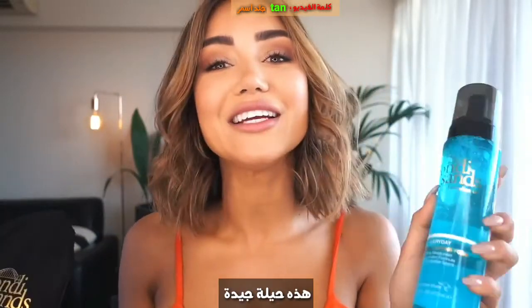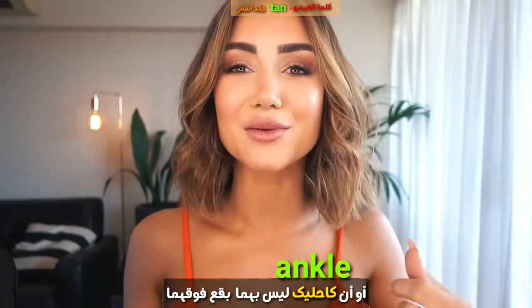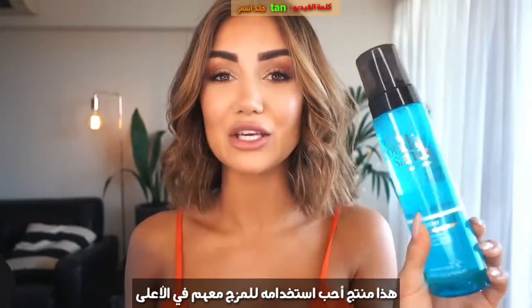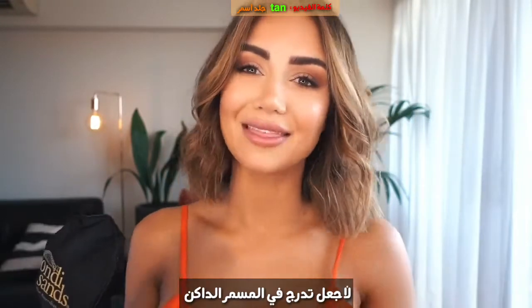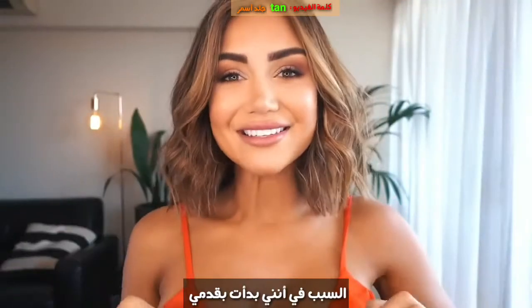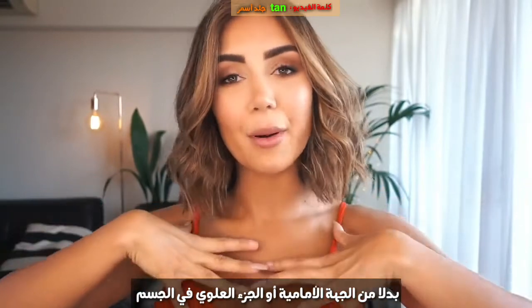Now this is a really good trick if you want to make sure that your feet aren't too dark or your ankles don't have splotches all over them. This is the product that I like to use to blend upwards and make that kind of graduation into a really dark tan. Now the reason I started at my legs rather than my torso or my upper body is